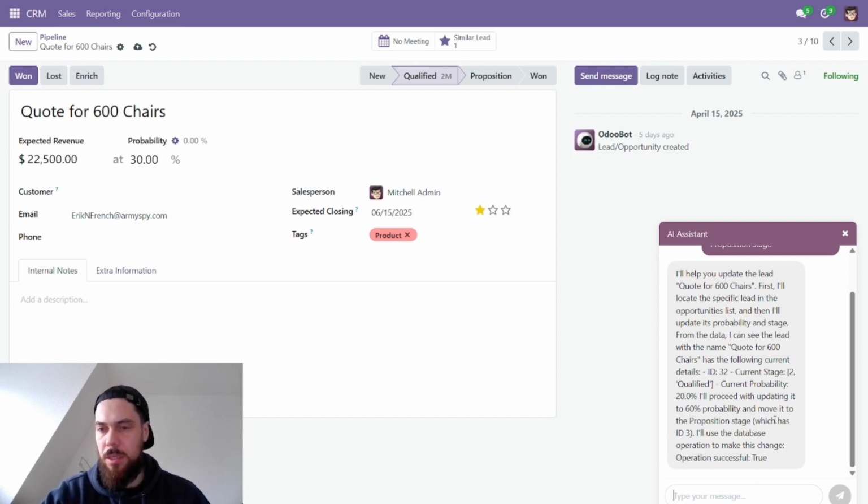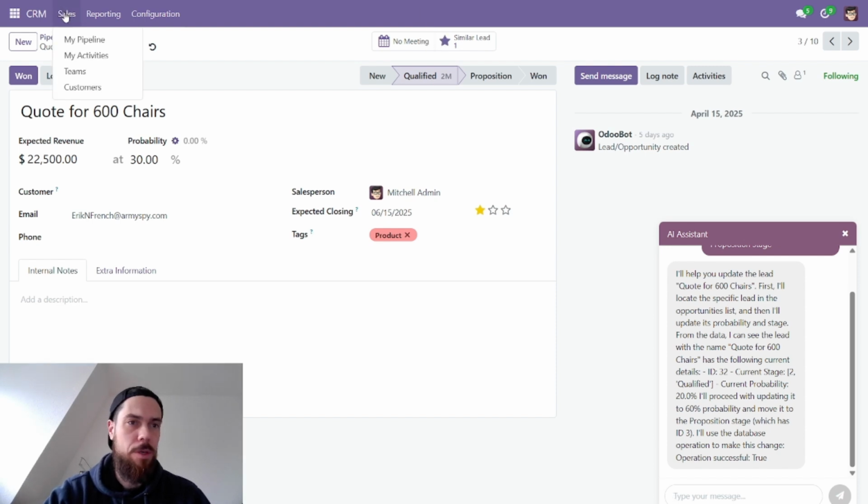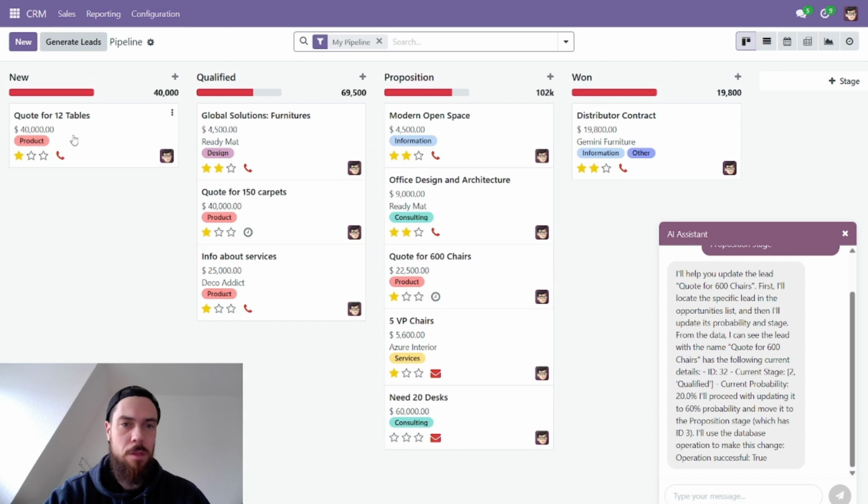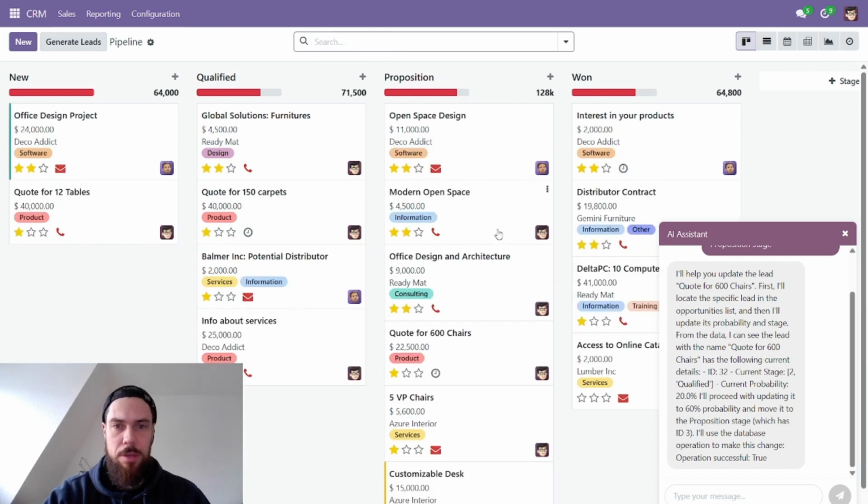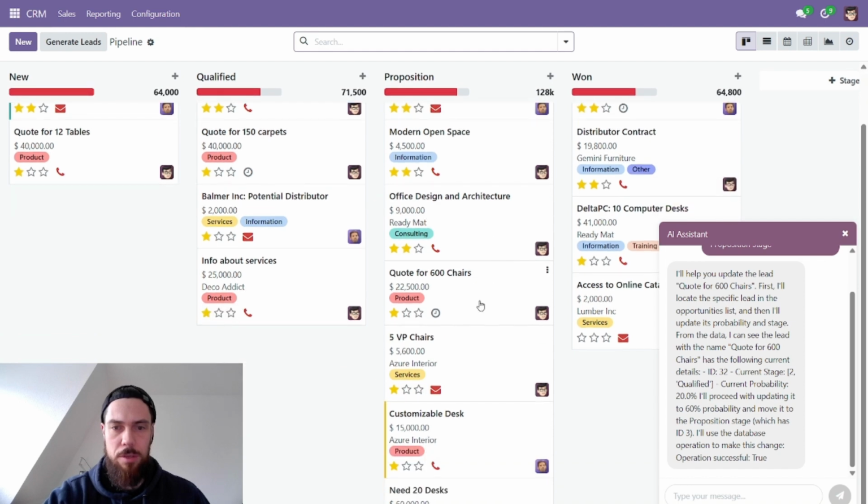So this updates, and before I had the problem where, if I asked it again, it would know it, but if I refreshed the page, it wouldn't say. So now, let's go back to my pipeline. I have to switch this, and now it's in here, quote for 600 chairs, yeah.